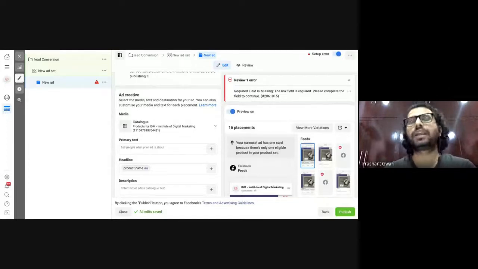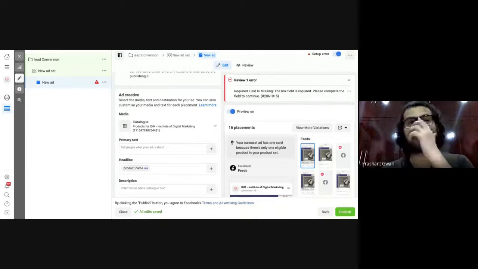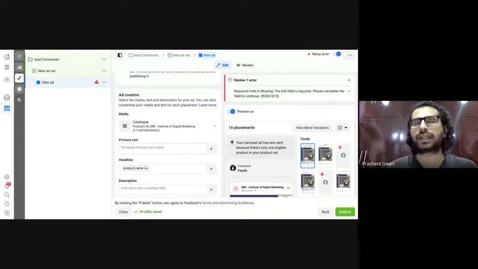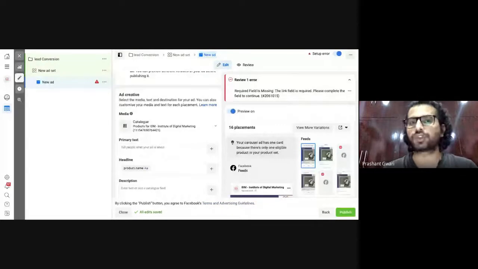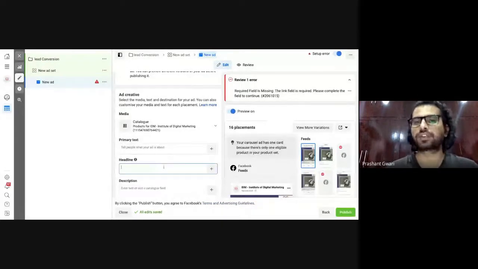So you can create that catalog on your Facebook page or Instagram page, and you can use it for conversion. Let's say you are selling a certain kind of product related to eyeglasses. You can create a catalog of eyeglasses on the Facebook and Instagram page, and you can promote that catalog using conversion based marketing. That's one thing you can do with conversion based advertisement. The second thing you can do is directly send people to your website and showcase your product from there.